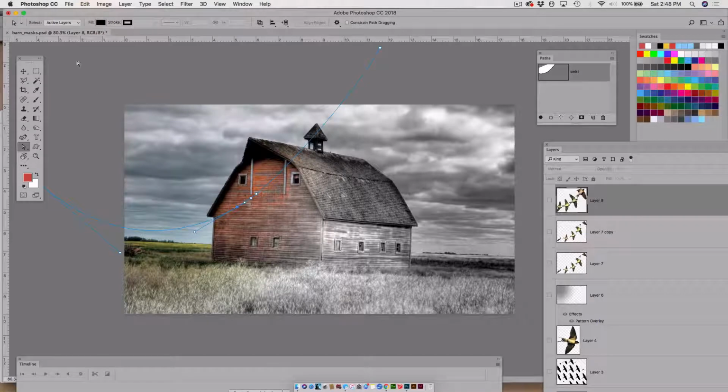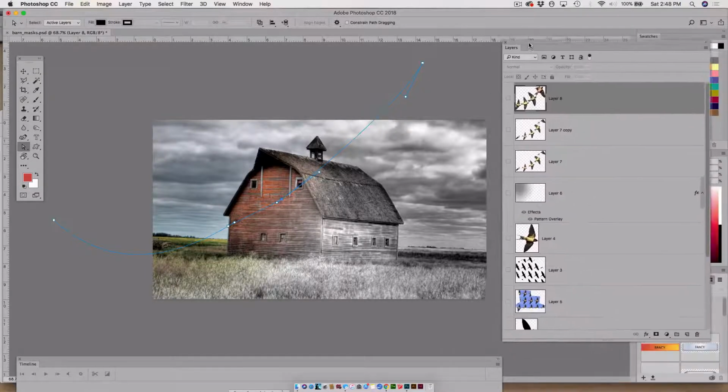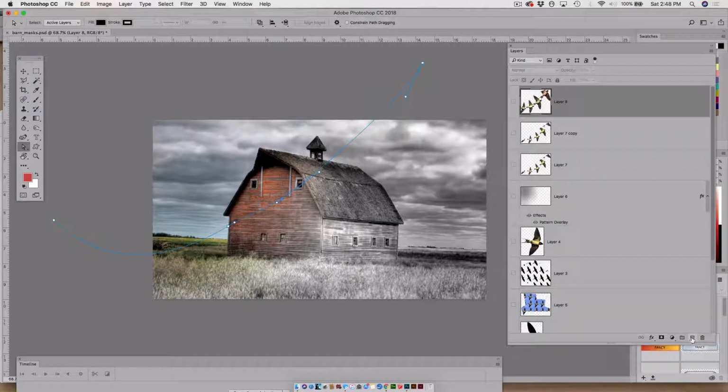But the main point here is, as you adjust the path direction and the length of the path, you'll see different amounts of birds. The smoother the path, and I think the more gradual it is, seems to produce, at least in this case, a little bit better of